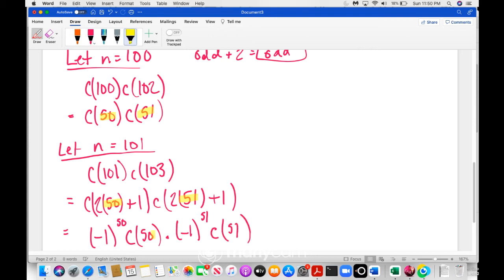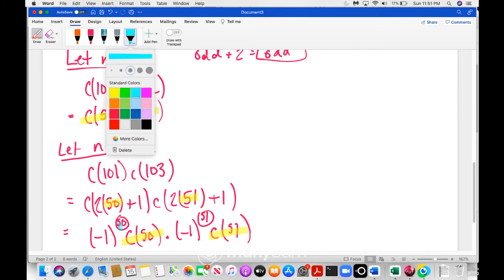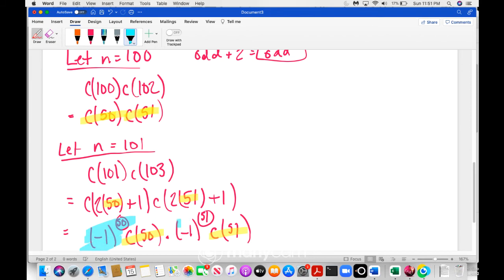So again, yes, we did get the C of 51 almost for free, but that cost us again a negative 1 to some power. But I notice that negative 1 is always going to be raised to the 50 times negative 1 to the 51st power. These numbers are only going to differ by 1, which means if negative 1 is being raised to an even power, it's going to be multiplied by negative 1 raised to an odd power. Okay, so let me just simplify this really quickly to point it out. So this times this is really going to be,